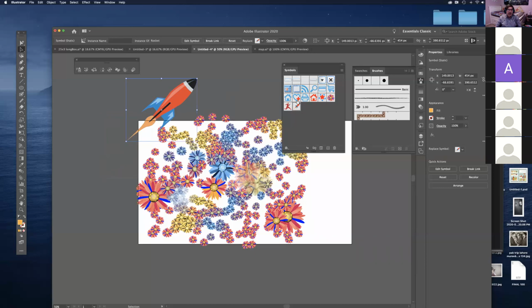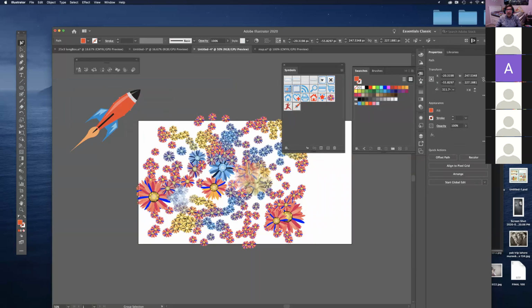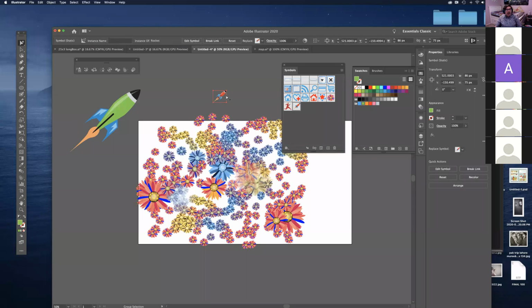Now this is a symbol itself, but I didn't want to use these colors. I wanted to change the colors. So what do I do? I break the link from the symbol. Once I break the link from the symbol, I can go in with either the direct selection tool or the group selection tool, and then let's just change this from red to maybe purple or green. All right. So now we have made this change, but the problem is that this symbol is already there,